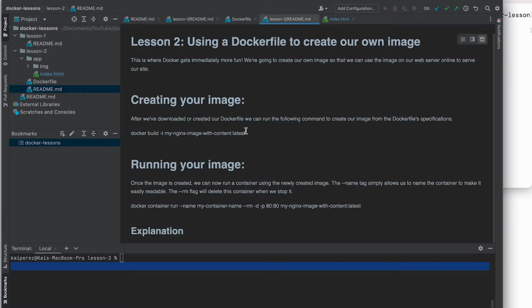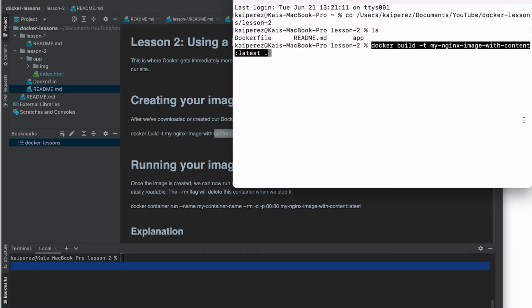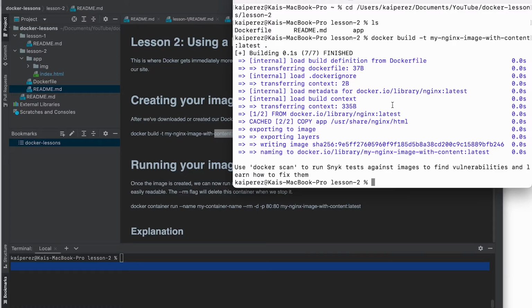Let's go to the README here, and it's gonna have this command that we can just copy and paste. Now it's gonna use my naming convention here. I'm calling this image my Nginx image with content, and I'm giving it a tag of latest. We'll explain some of this a little bit deeper in an aside, but in this lesson, let's just get this up and running. I'll go ahead and paste in that code there.